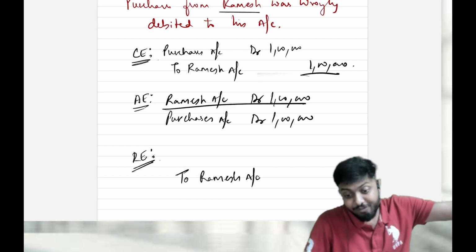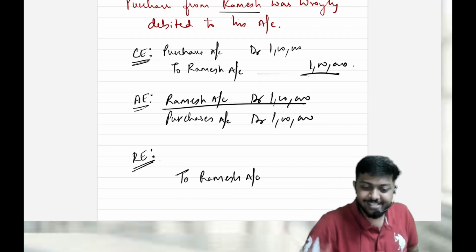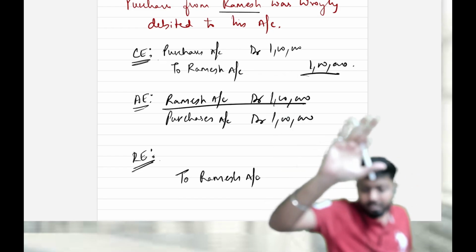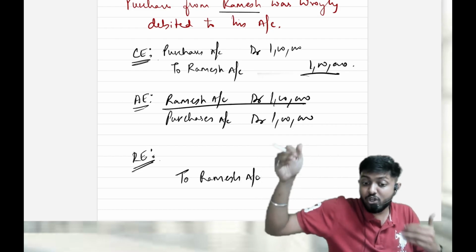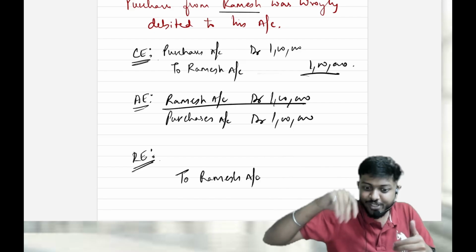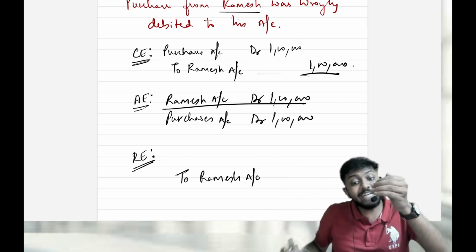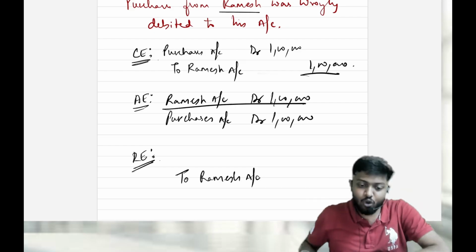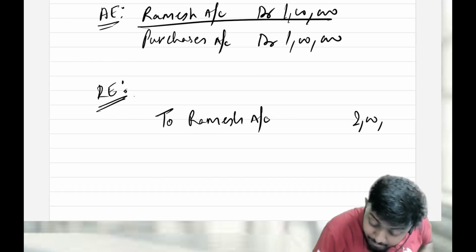Wrongly debited, so first reverse it, then rightly credit it. The effect becomes twice. From negative to positive. Say you are in negative 2000, you have to go to positive 2000. What is the difference? 4000, double. Like that. Wrongly debited, I have to rightly credit it. So first reverse the wrong debit, then actually rightly credit. Both will be credit. So you have to credit Ramesh account not for 1 but 2.